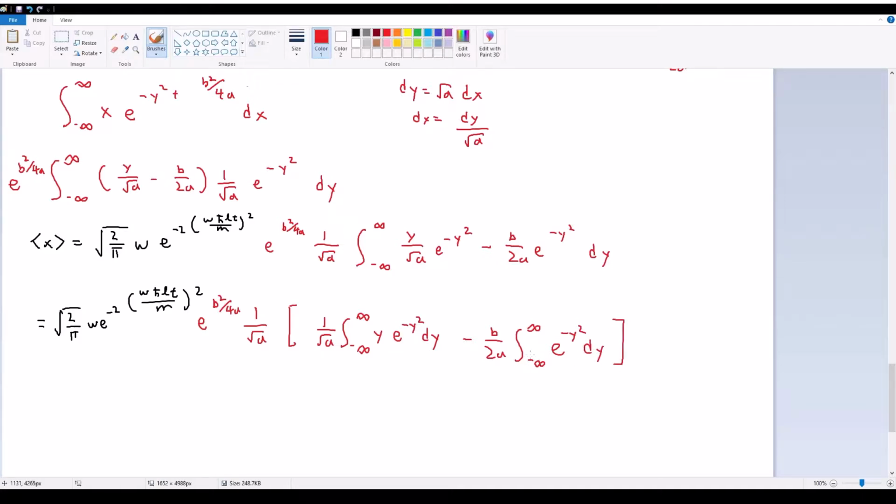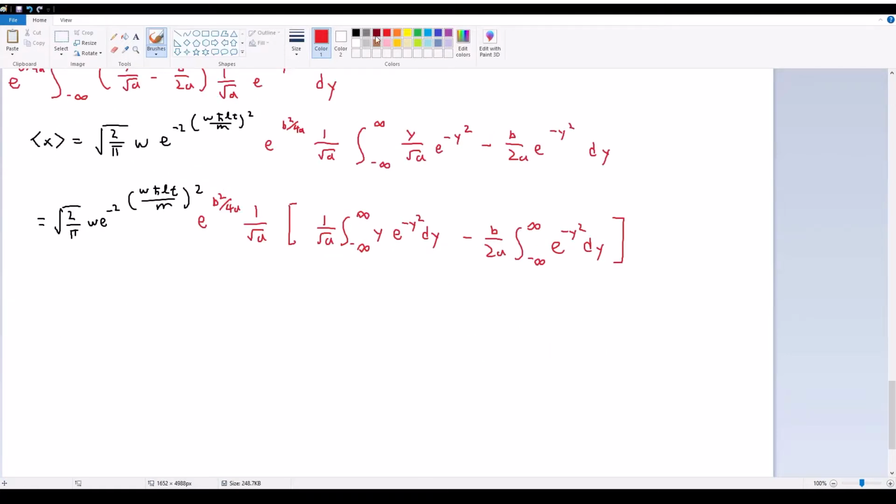So this term right here is just square root of pi because it's a Gaussian. This term we're going to have to use u sub. So this is going to give us, see it's in green, u is equal to y, du is equal to dy, dv is equal to e to the negative y squared dy, v is equal to